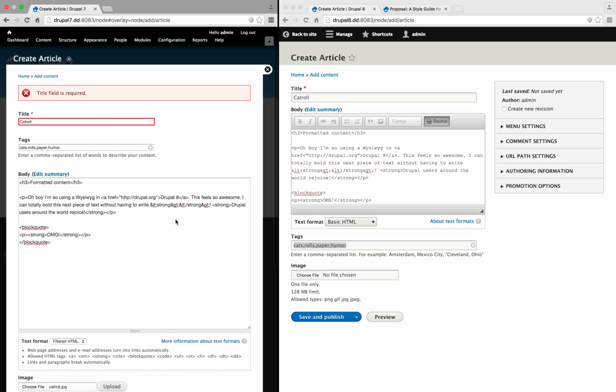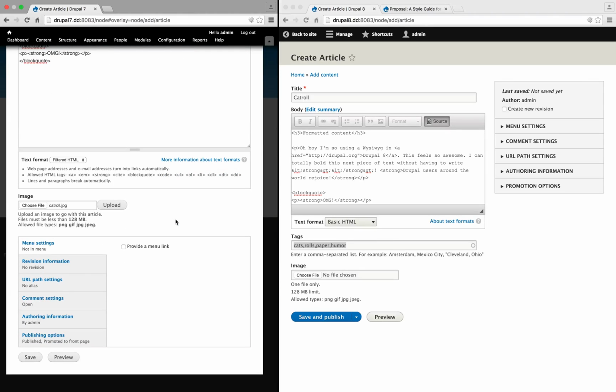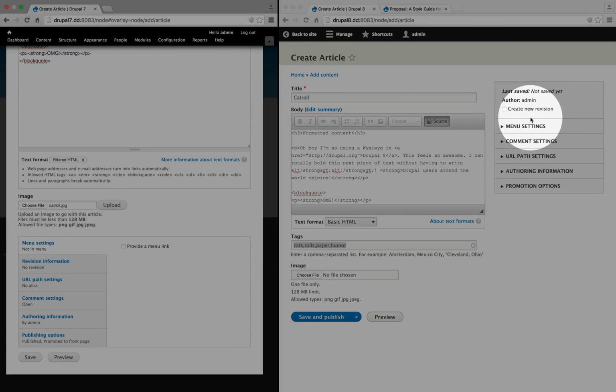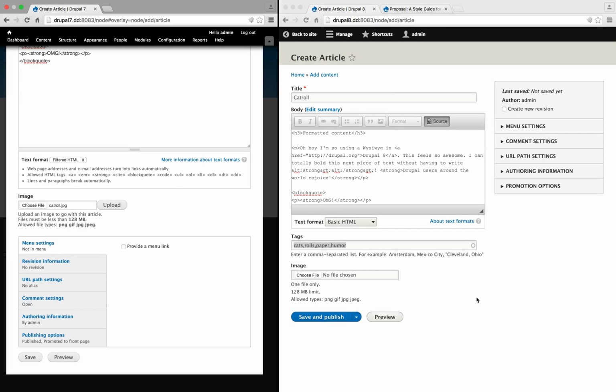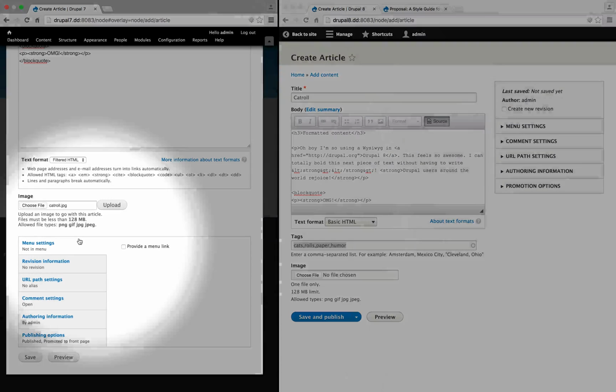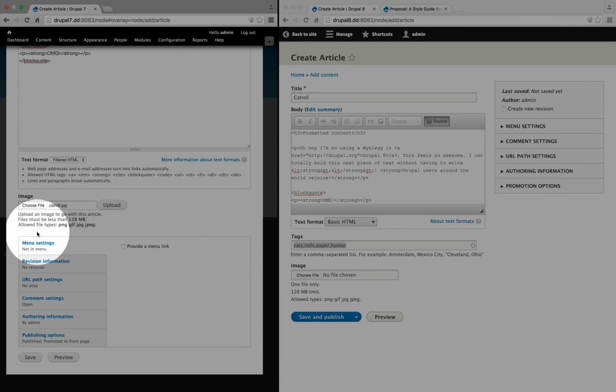In Drupal 7, we still have a little bit of scrolling even with the minimal number of fields. The second is that it implies that these aren't necessarily as important as the content here. It looks secondary because it's off to the side. Whereas when it's below, in line with the other fields, it feels like maybe we need to go through these